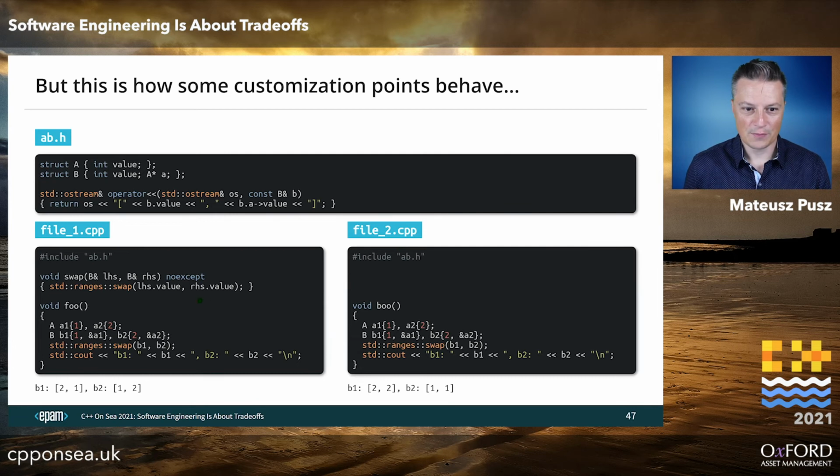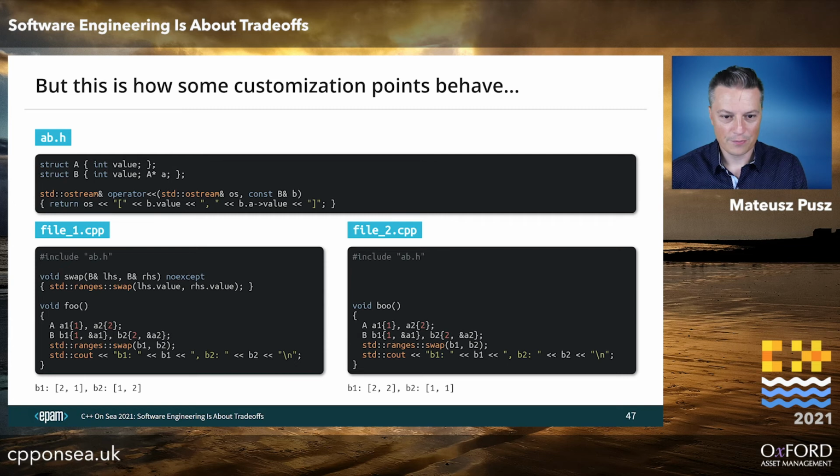If you provide another translation unit that will not have the swap definition, we are ending up with std::swap definition that basically will swap entire data, and we are ending up with a different result. So this is exactly the same problem. There is a default implementation for std::swap that does the trick and basically compiles fine. And only if the user provided customization point is visible, is defined in the translation unit, is being used. Otherwise, the default is chosen.